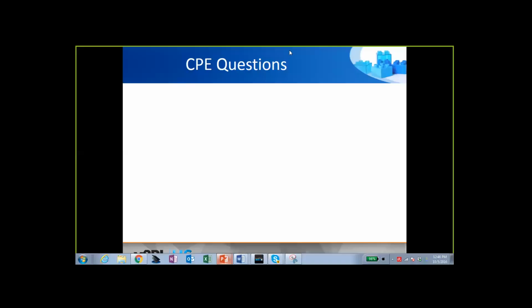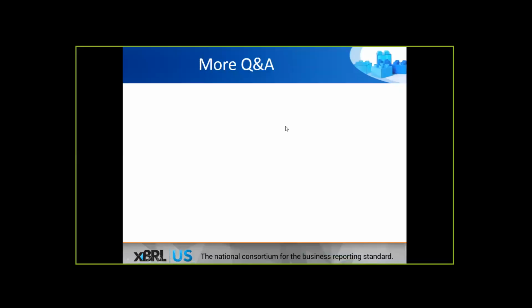And Campbell, did you have any other questions? Yeah, I had a couple of questions here that I had emails on. The first question is, how are data aggregators potentially using Inline XBRL? Do you know of anything that they're planning to do with it? I do not know of any plans specifically.